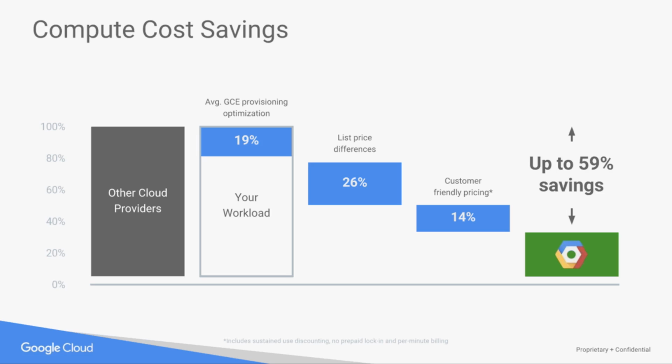We also have this really neat feature that delivers automated discounts, so that if you use more, instead of having to pre-negotiate lower prices, our system just automatically recognizes that you use more and automatically gives you the discount when you reach those thresholds. And just generally speaking, we also have lower base prices. So you can save a lot from a compute perspective as you move to cloud for your DR needs.